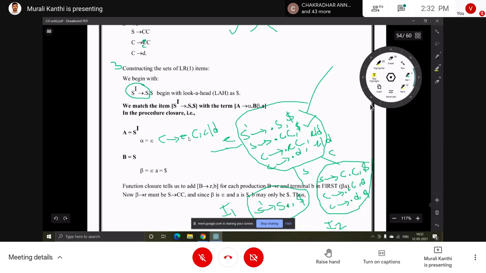Okay, next what we have to see after that, which symbol is there, that we have to observe. So after that C is there, and C is a non-terminal. Add C productions. We have two productions: C implies dot small c capital C, C implies dot d. But look-ahead symbols we have to add. For that we have to compare with the general form: A equal to C, alpha equal to small c, B equals to capital C, then beta equal to epsilon, a equals to c/d.